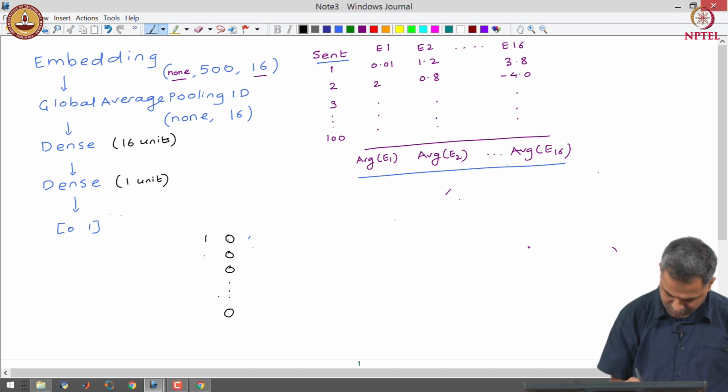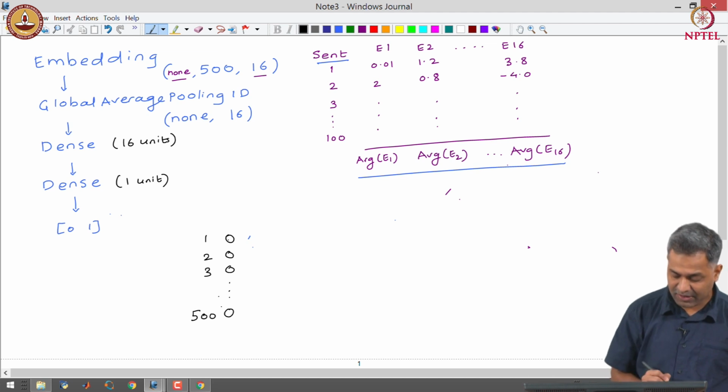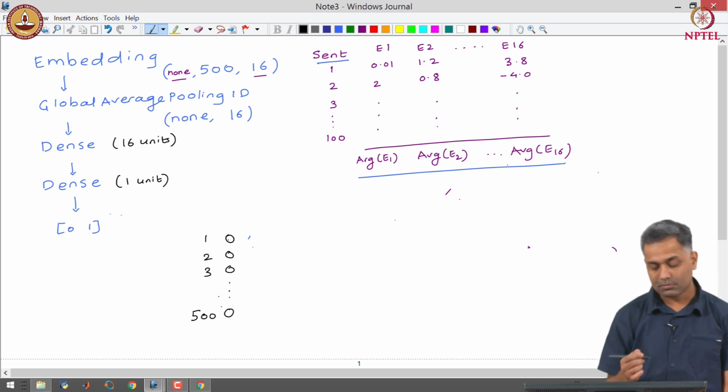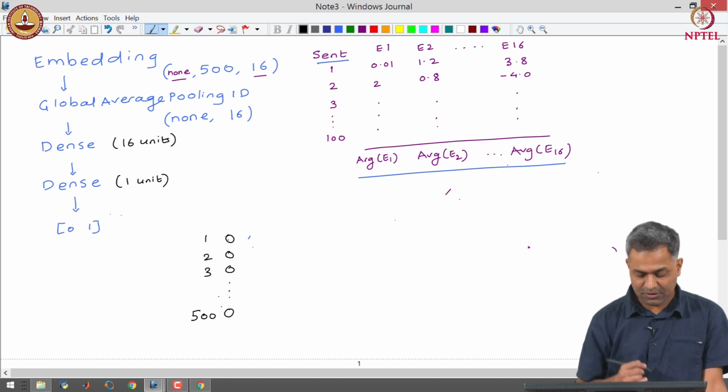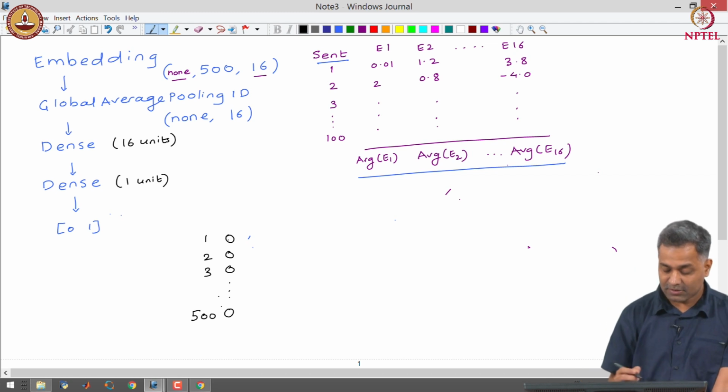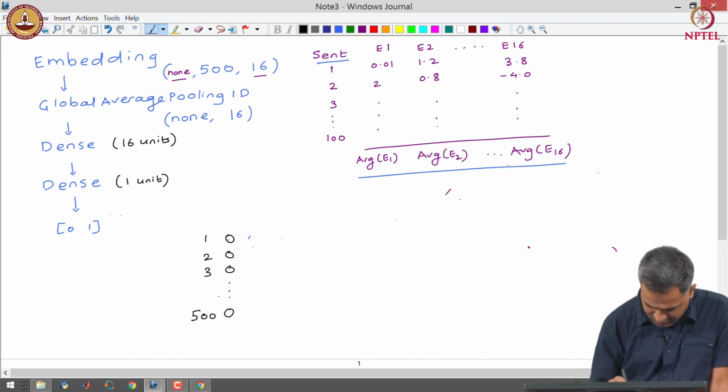These are the inputs, where there are 500 integers representing each sentence or each input in the text, that we convert into an embedding.